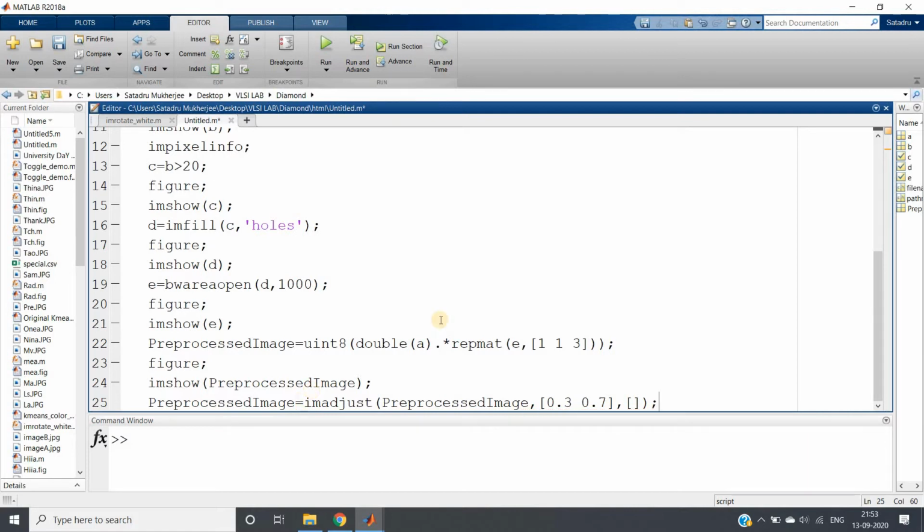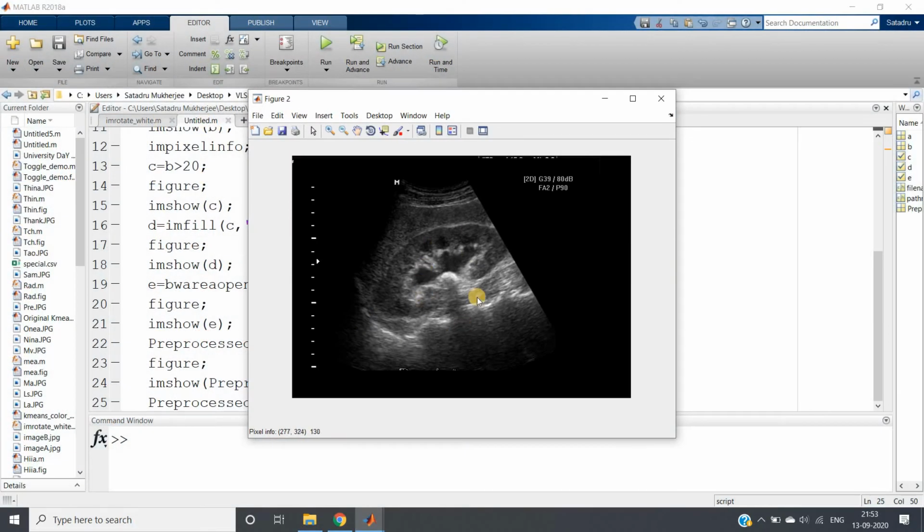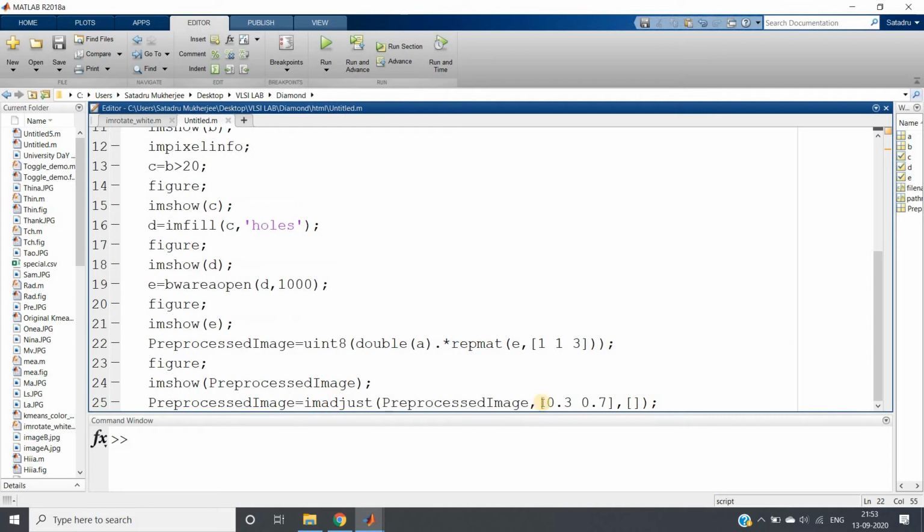So what it will do is, for each channel, although there is not much difference between color and grayscale, because here everything is colorless and we only get grayscale regions, we can do this kind of image processing. So below 0.3 everything will be treated as 0, above 0.7 everything will be treated as 1, and in between 0.3 and 0.7 every value will be mapped between 0 and 1 in the output.